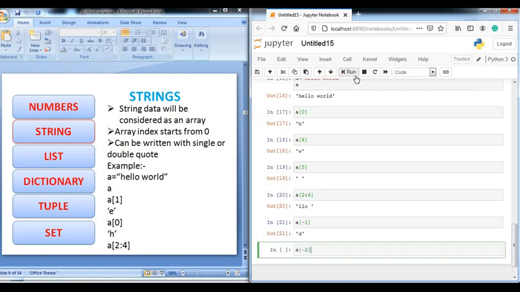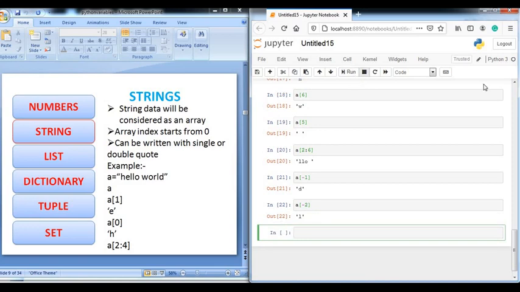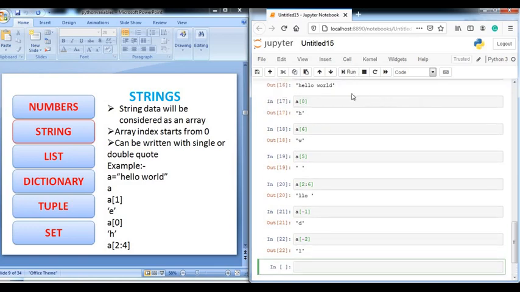If we try -2, it will print L, because in hello world the second last is L. So here's a new thing in Python.